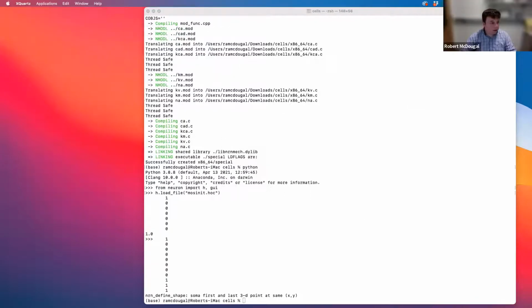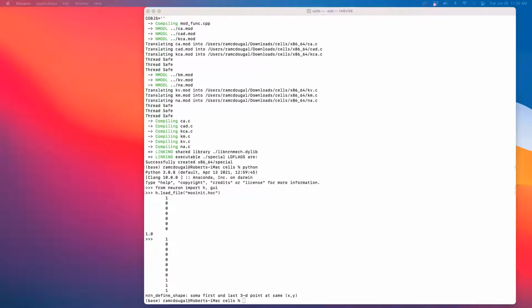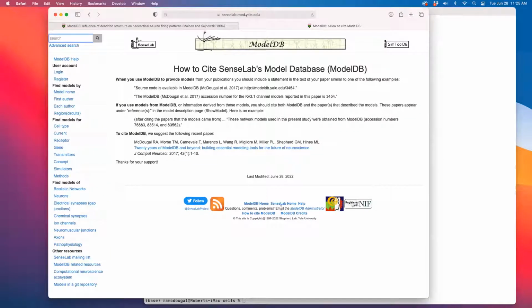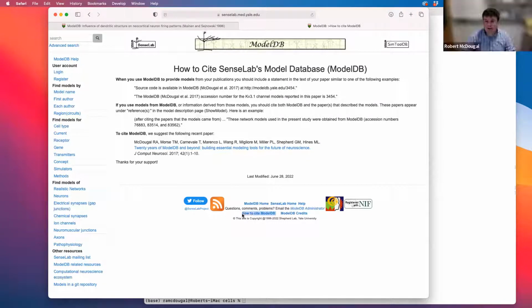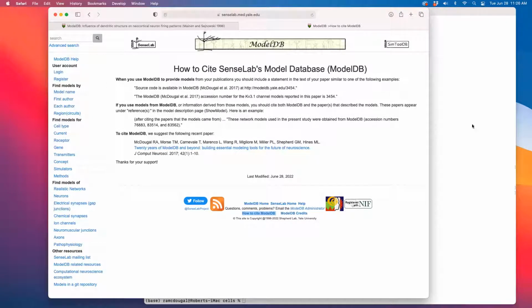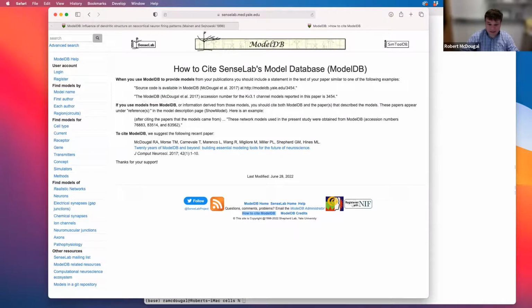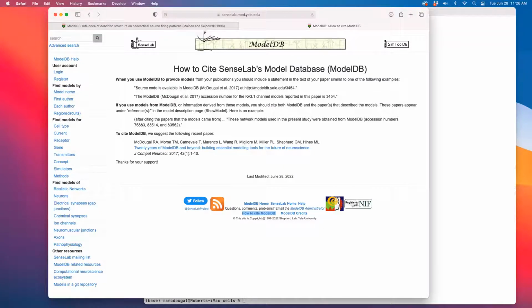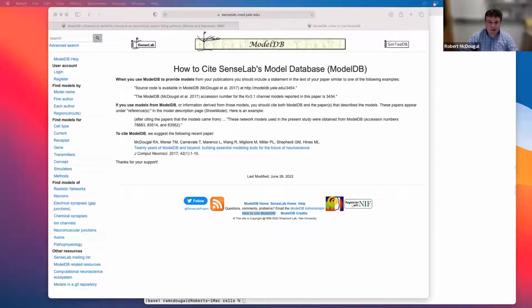All right. If not, let's go back to the slides. If you do publish something that used files that you got from ModelDB, please be sure to cite the authors of the work that made that code available, and also please be sure to cite ModelDB. If you ever forget how to do that, it's linked on the bottom of every page on ModelDB, how to cite ModelDB. Should be flashing in red with dancing chipmunks. Well, maybe not. I'll add that as a GitHub issue. Okay. All right, so going back to our slides,